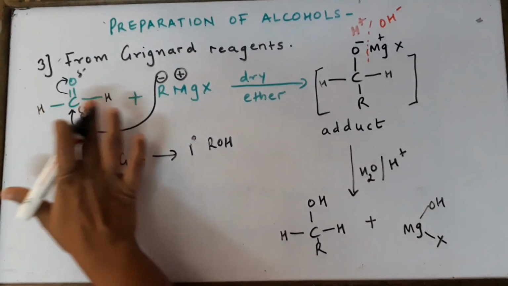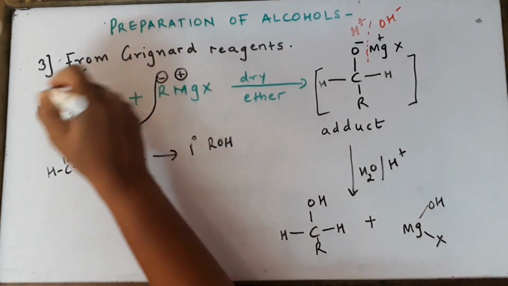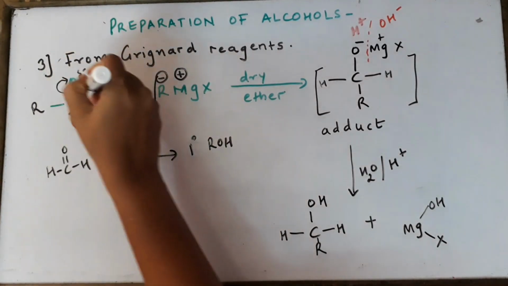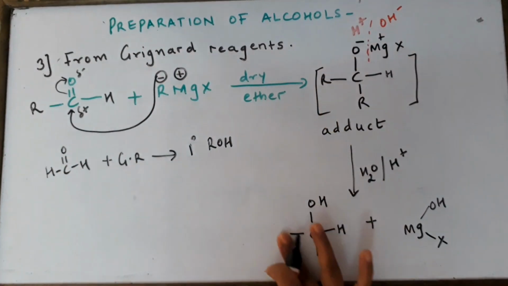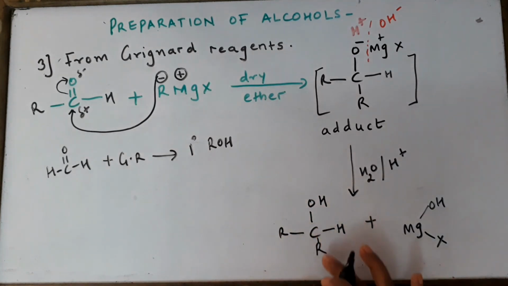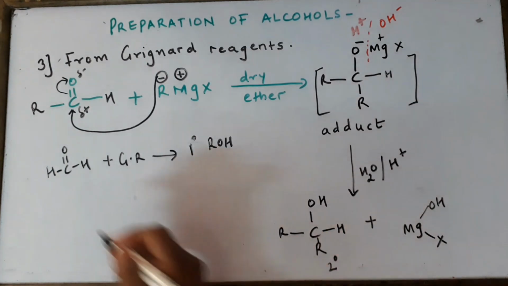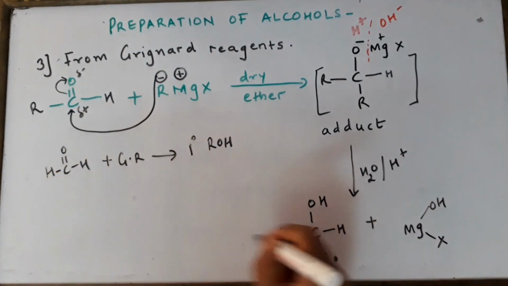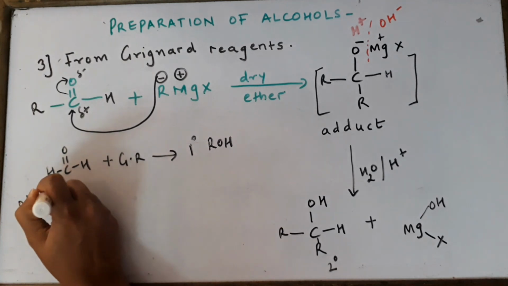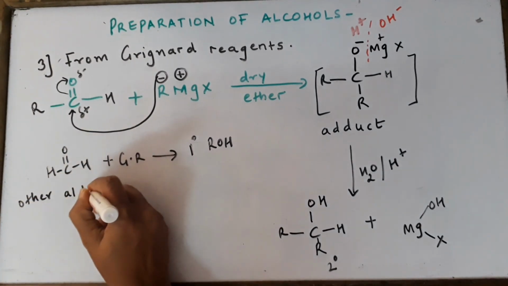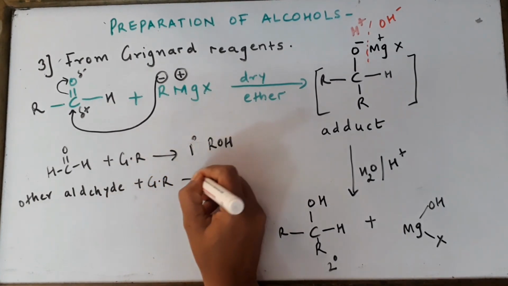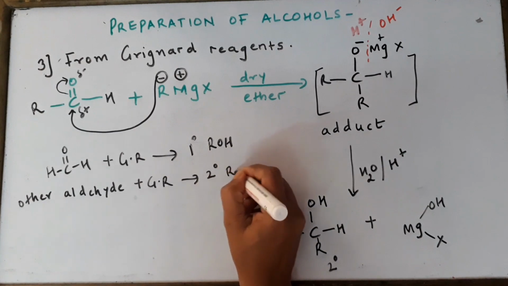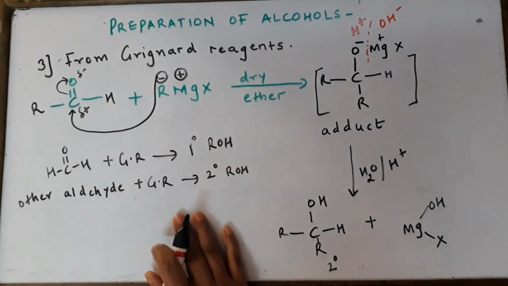So when formaldehyde reacts with Grignard reagent, the product is always going to be a primary alcohol. Similarly, now if I change this formaldehyde to any suitable aldehyde by writing R on one of the sides, RCHO, here also we will change the adduct, and the product also will change to R-CH(OH)-R. So this is your secondary alcohol because the carbon is attached to two carbon atoms. So the generalization is that apart from formaldehyde, if you start with any other aldehyde and react it with a suitable Grignard reagent, you are going to get a secondary alcohol as the product. Alright, so it is very easy.